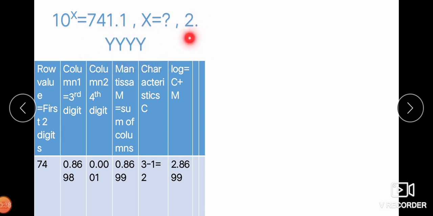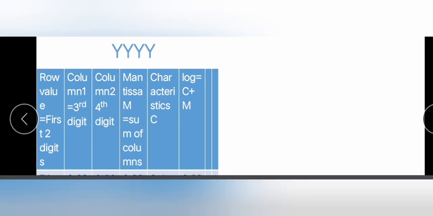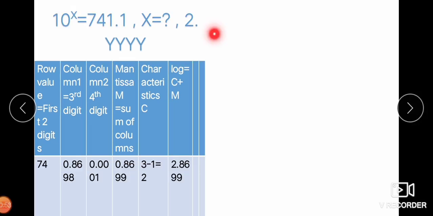This 2 we have found from these 3 digits. Count this 1, 2, 3, and 3 minus 1 is 2. So the index is 2 point. Next, the decimal value we have to see in the logarithmic table. Let us